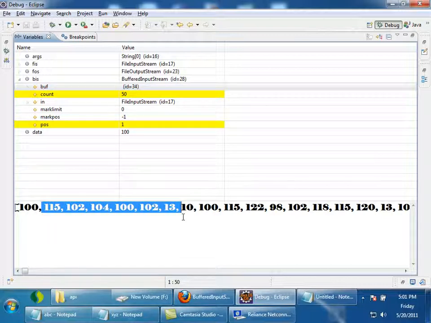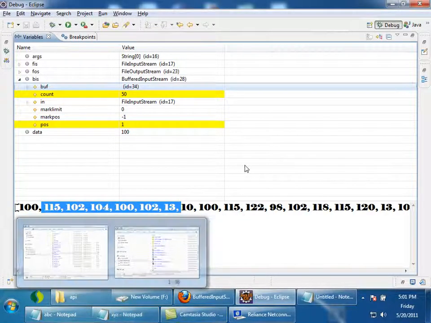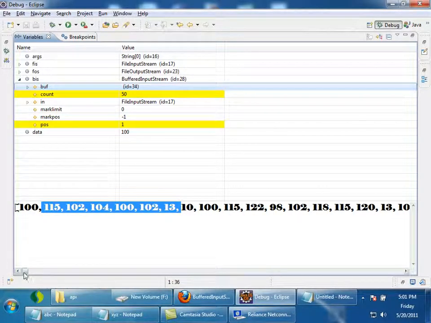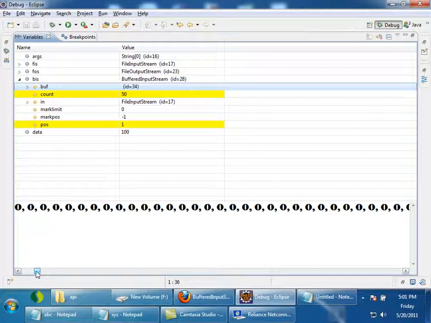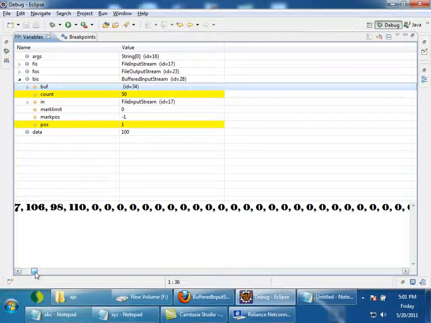These are the values of the bytes for all the characters from the file. Initially it was 0, now these are the values. So it has read until this point; these are the bytes for my file. My file is so small, the rest are all zeros, right?